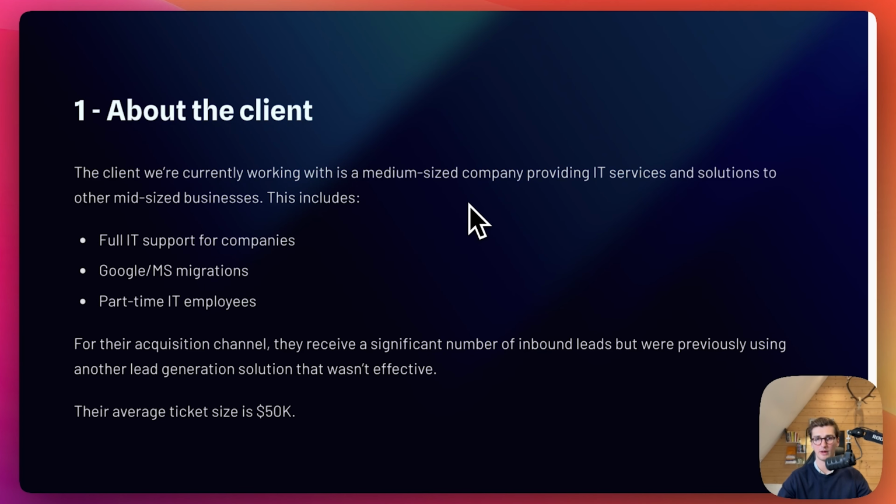So to give you a bit of background about the client for whom we did all this acquisition strategy. So basically it's just a medium-sized company providing IT services and solutions to other mid-sized companies. So this includes full IT support for companies. So basically you've got a mid-sized company, instead of hiring someone, they will externalize all of their IT problems and issues with the company with whom I'm working. They also provide Google and Microsoft migration, which was a big one. Let's say the entire company relies on Microsoft and they need to transfer everything to Google. Well, this company does that for them at distance,